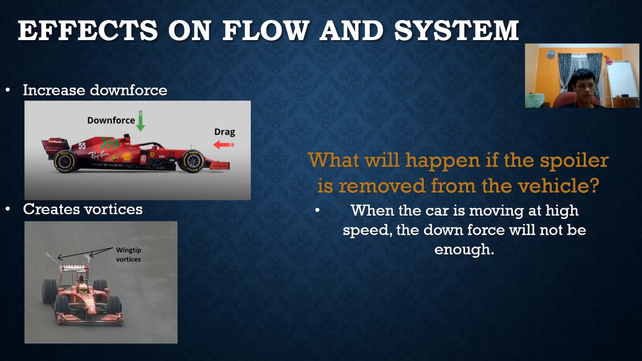So for the effects on flow and system, the first one is increased downforce. When Formula 1 travels, the airflow velocity is low and the pressure is high on the spoiler's upper surface, whereas the airflow velocity is high and pressure is low on the spoiler's lower surface. As a result, the wings produce downward force, or downforce,